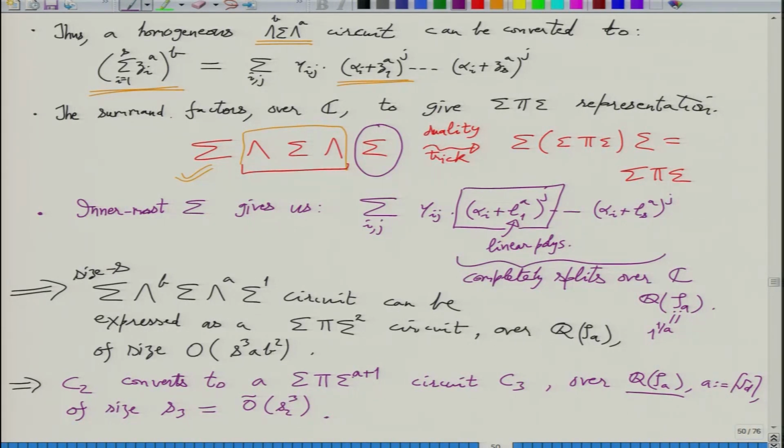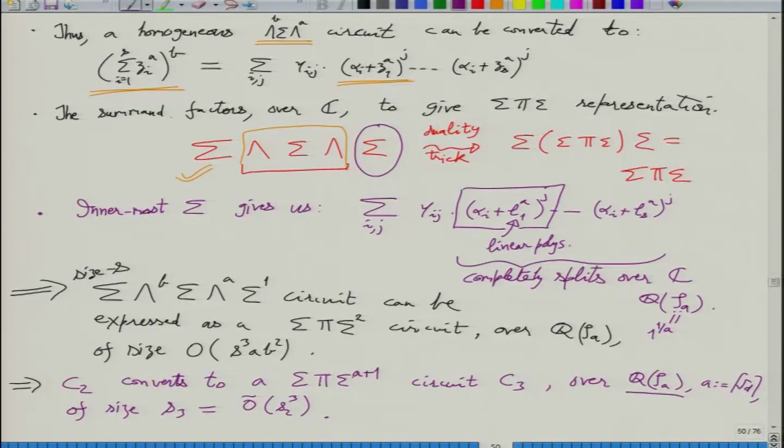Is that clear? So this is what we wanted to show. In fact, we have shown more. We have shown something stronger, that by going merely to Q zeta A, any general depth circuits C1 or C0, we can bring down to depth 4 and then depth 3, and even the bottom fan-in will be just square root D, where D is the degree. But now it will have coefficients from the number field Q zeta A.